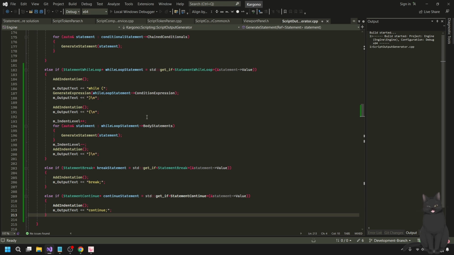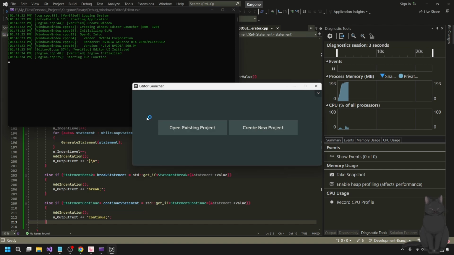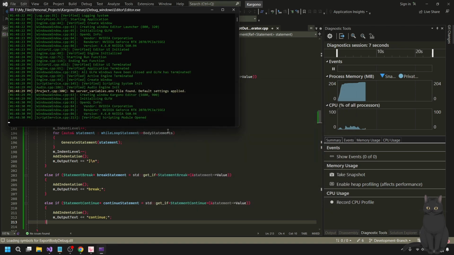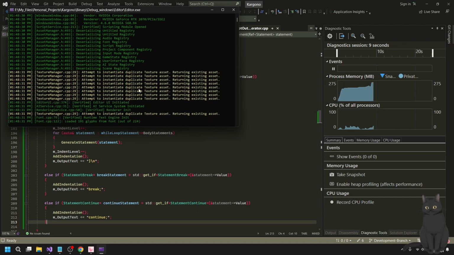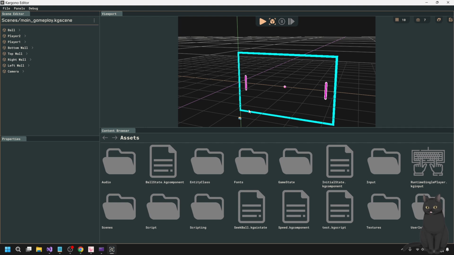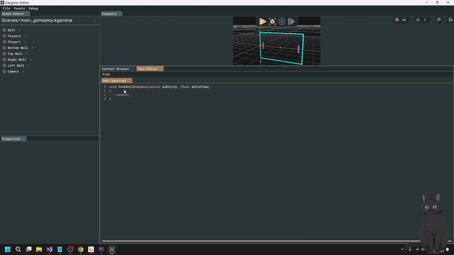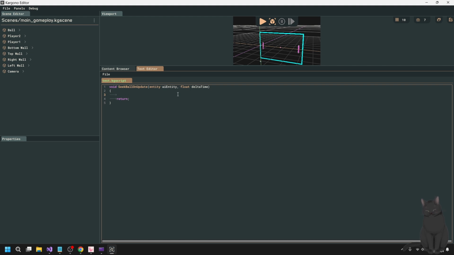So I'm going to check if all this code that I just wrote is actually going to work. And if you're curious about the compiler, basically I have my own language for the compiler, and the language compiles directly into C++, right? So I don't need to worry about any crazy assembly or whatever they got going on with some of those compilers. I just translate it into C++ and that's good enough. So let me open up a test script. I'm going to try this out, and as long as it generates good C++ code, I'm done.